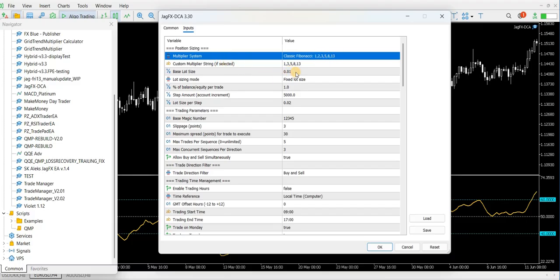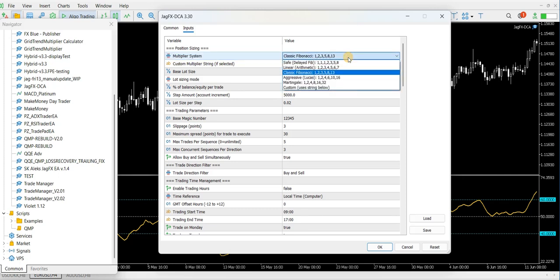Now, if the EA just takes one trade, then your trade will just be the 0.01 and it closes out, that's it. But if it takes a second trade or a third trade or a fourth trade or whatever, you need to be able to work out the position size of those trades. I use a sort of loose Fibonacci sequence. You've got a choice here. This is just a multiplier. In this case, the classic Fibonacci would be